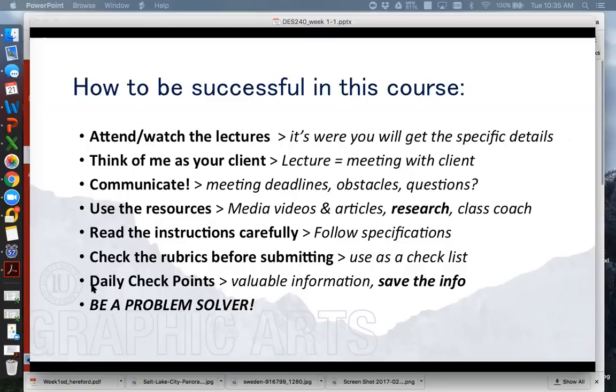All right. So, and also for the last one here, I'm putting it in caps and italics, be a problem solver. Any kind of resistance or difficulties you run into or questions you run into in class gives you an opportunity to practice being a problem solver, practice being a designer. Even if that problem is, how am I going to fit in listening to the lectures and doing my daily checkpoints into my schedule,